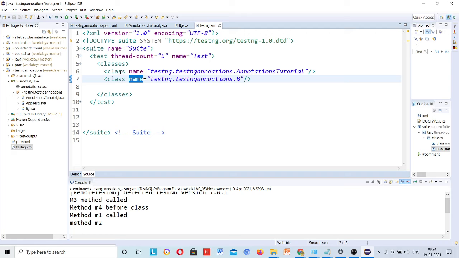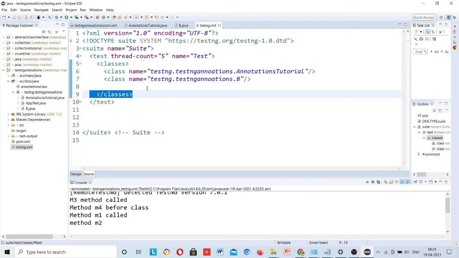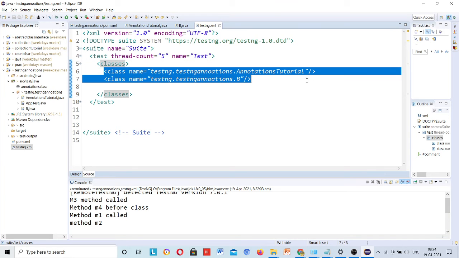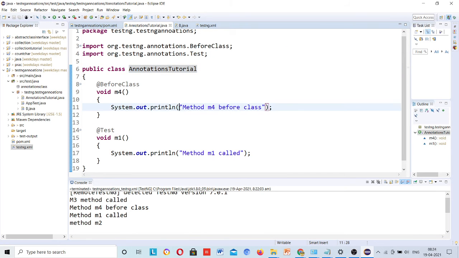You said that two classes, then before class. It is not scanning from here. It is just like you are adding the classes inside this classes folder. Okay, and before every class it executes, it checks for the before class. So before class is a separate entity for each and every class. It doesn't work for all the classes.